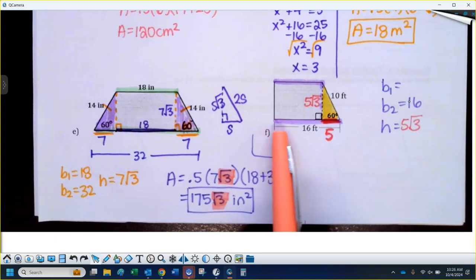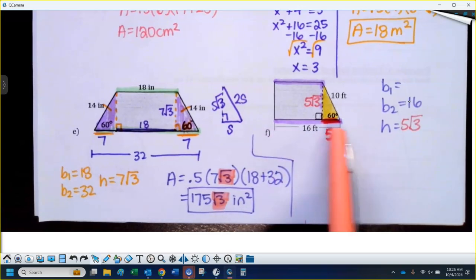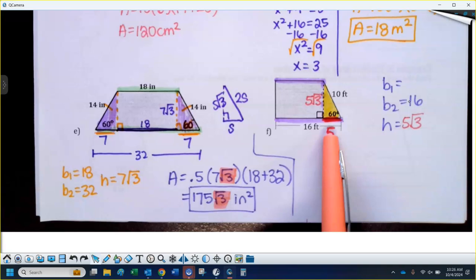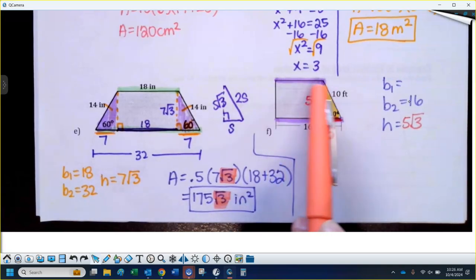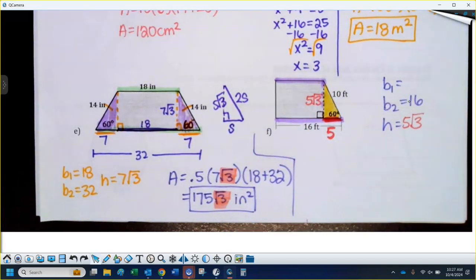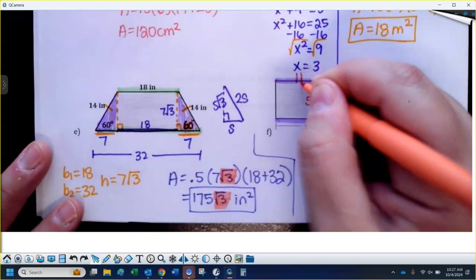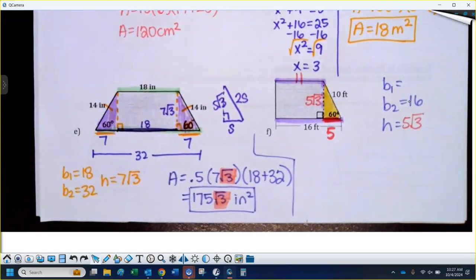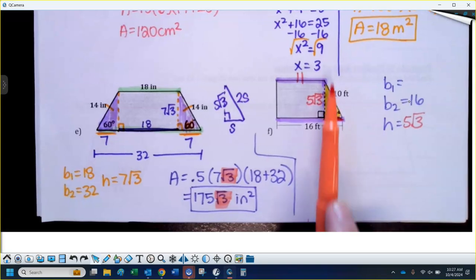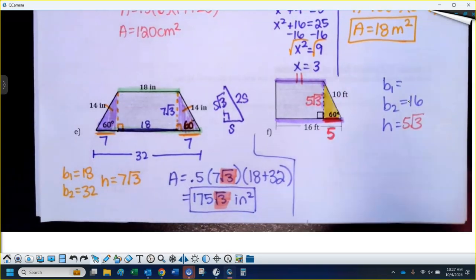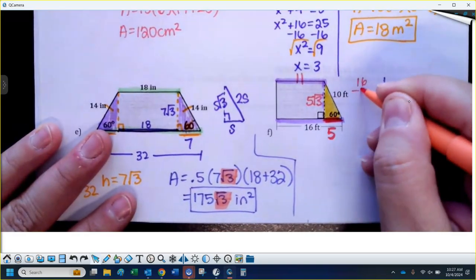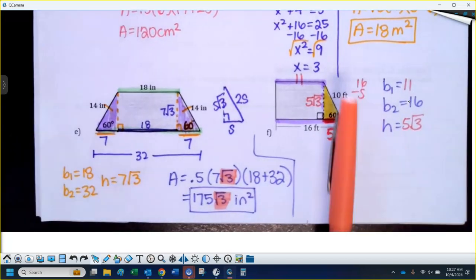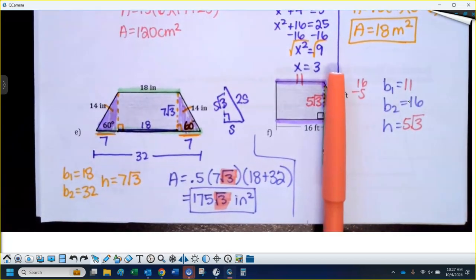So I know the whole bottom of this is 16, and I know this much of it is 5 from that 30, 60, 90. What would this top piece end up being? Lachlan, what do you think? Exactly. How'd you get that? Yes. So if the whole thing is 16, if I cut this off, you just do 16 minus that 5, the leftover is 11, and that would match up with the top,